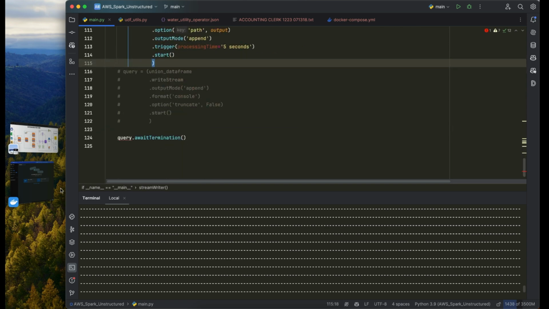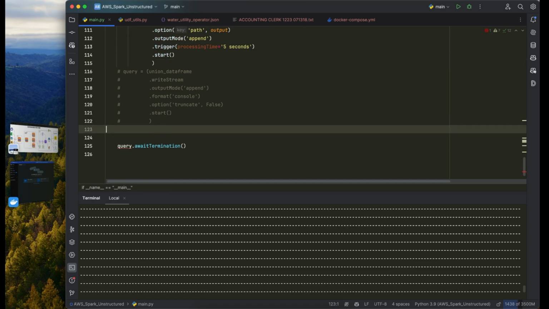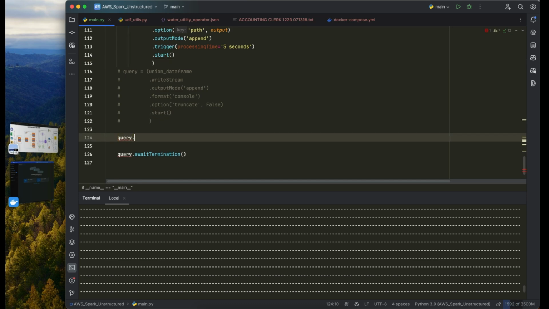And then eventually, instead of writing from the query to the terminal here, I'll just say query equals stream writer. Okay, and I'm writing the union data frame in this case, and which S3 bucket location am I writing to? So let's quickly fix that. So I'll just open up my S3 bucket, and I'll be writing into